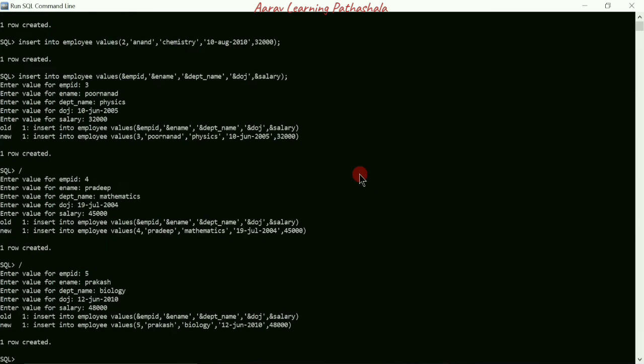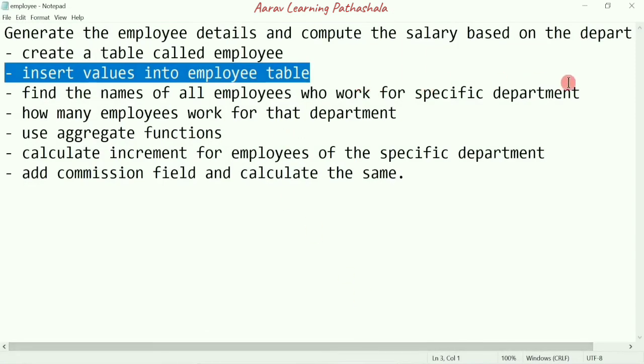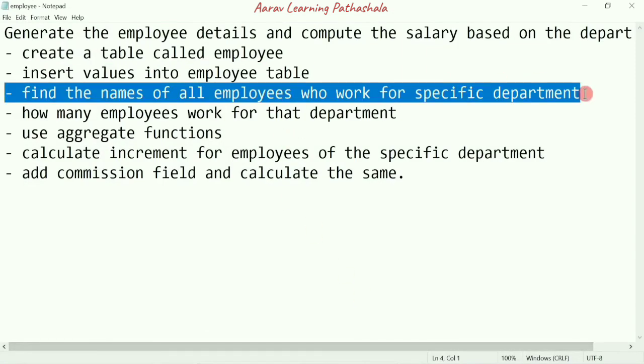So I have to check whether all the rows are created or not. For that I have to use the command select all from employee and put semicolon, press enter. Here you can see we got the table with values, right? So after inserting all the records, what action do we need to perform? The next action is